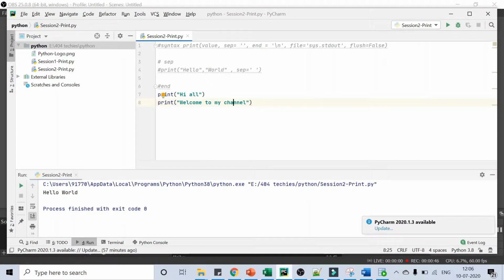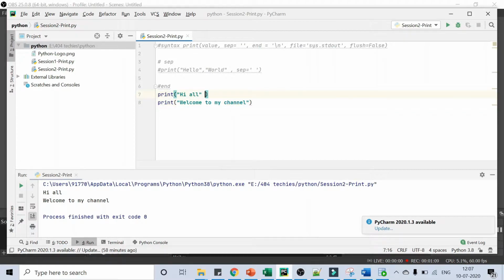Here I am printing two strings one after the other. Let's see the output. The first string, hi all, is printed in the first line, and welcome to my channel came to the second line. It is because of the end parameter. Here end is set to \n, that is why the second string is coming to the second line.